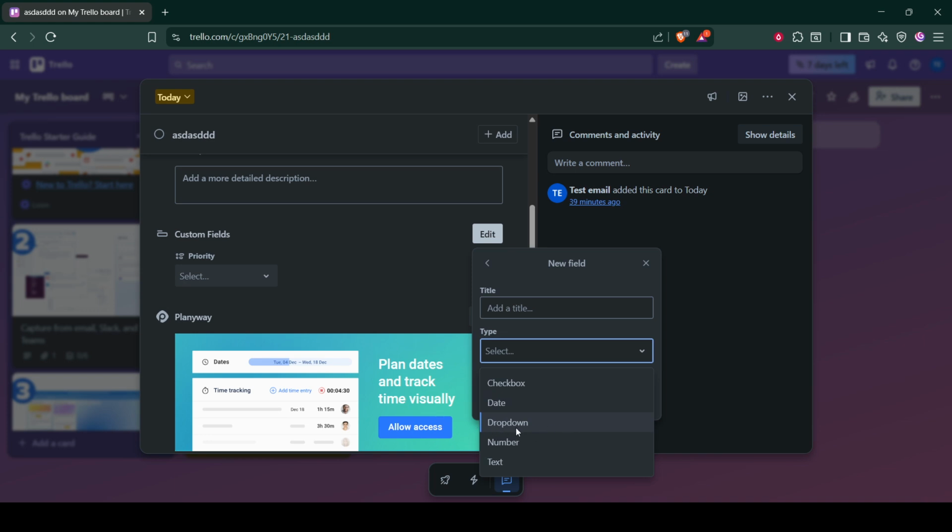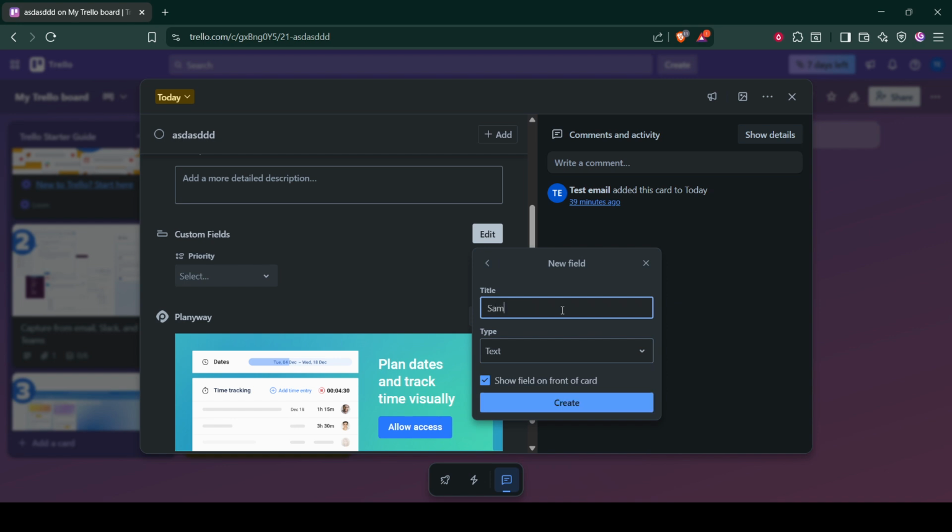it a descriptive name. Naming helps ensure that other users understand the purpose of the field at a glance. Finally, when you're satisfied with your selections and configurations, click Save. Your new custom field is now a part of your card, ready to start capturing valuable information and enhance your